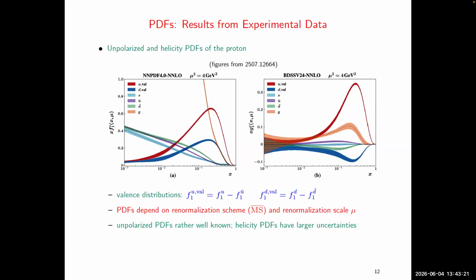And here we have from another collaboration the corresponding thing for the helicity PDFs. One qualitative thing to take away is that the helicity PDFs have somewhat larger uncertainties, especially once you go to somewhat smaller x. And this is one of the areas where people think the electron-ion collider